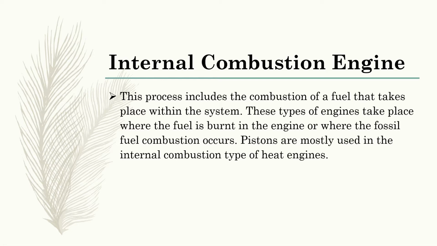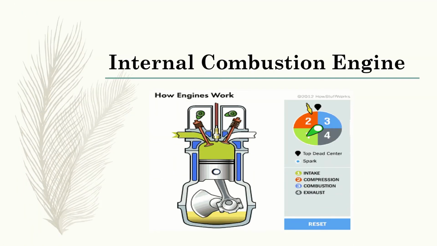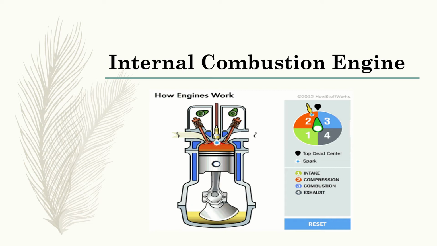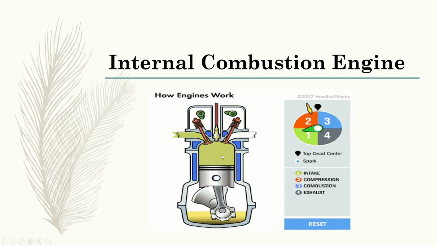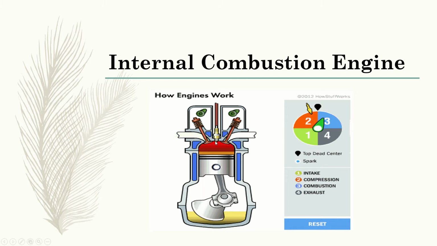So dito sa GIF, makikita natin yung process ng isang internal combustion engine. So sa process 1, magkakaroon tayo ng intake ng fuel, kasama na yung air dito. And then yung piston natin is bababa. And then sa process 2 is i-compress naman natin yung fuel and air. So yung piston natin is aangat siya until the top dead center. So makikita nyo yung line na yan is yung top dead center.